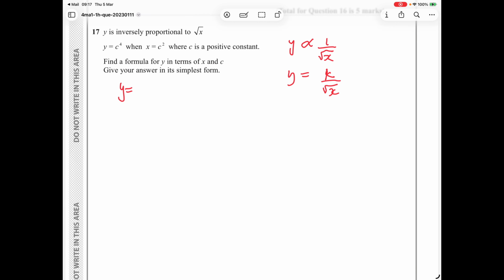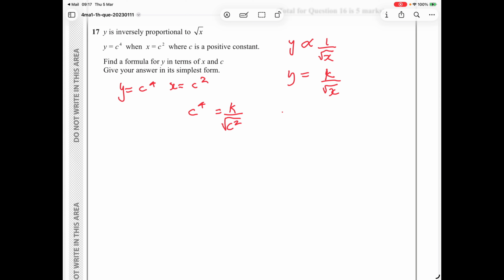y equals c to the power 4 when x equals c to the power 2, and c is a positive constant. Give the formula for y in terms of x and c. So if we now just fill this in, it's like being given numbers. So y equals c to the power 4 when k over the square root of c to the power 2